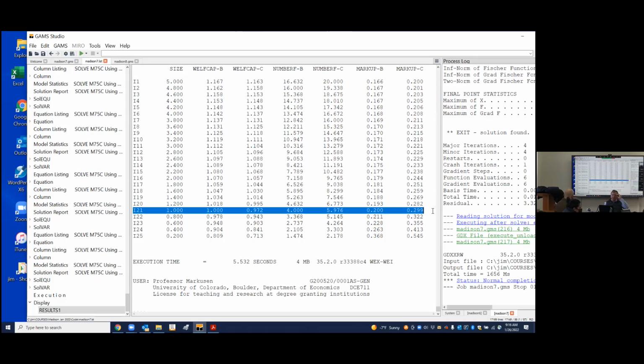And you could do that in this model by increasing the elasticity of substitution. So if you go from the Bertrand formula to the Cournot formula, and you still want the Cournot formula to equal 0.2,